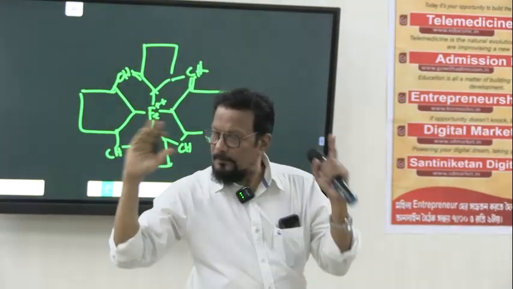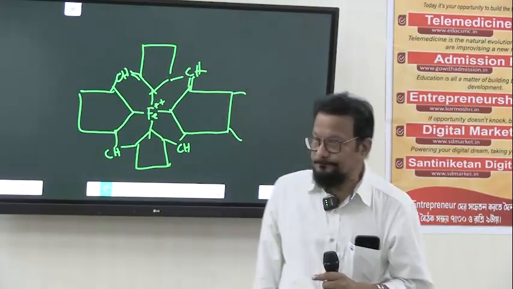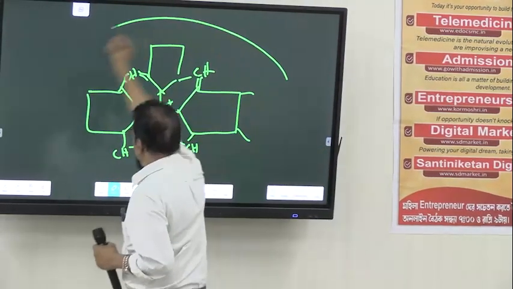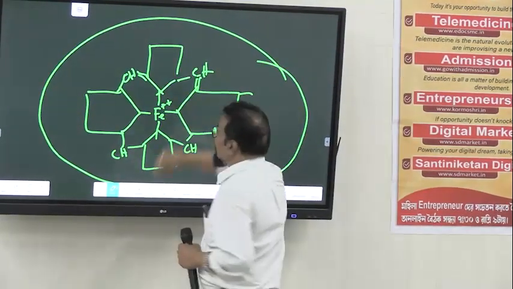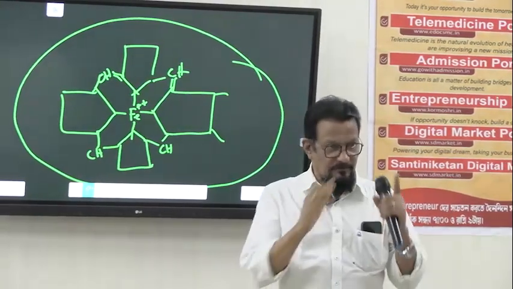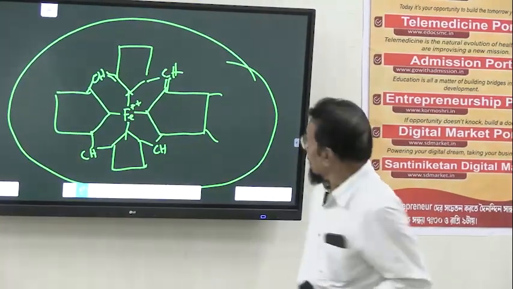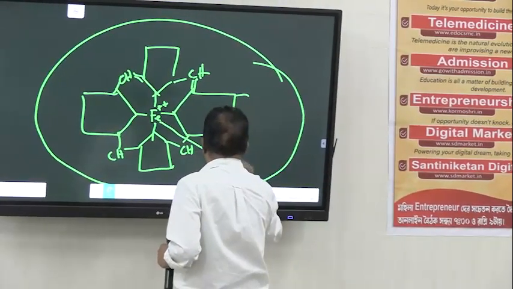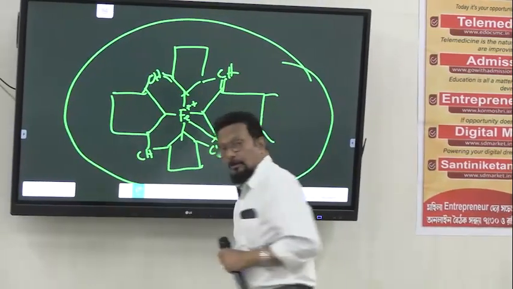This type of side chains are there. So now, within the phagocyte, what will it do? Another valency is combined with the globin,